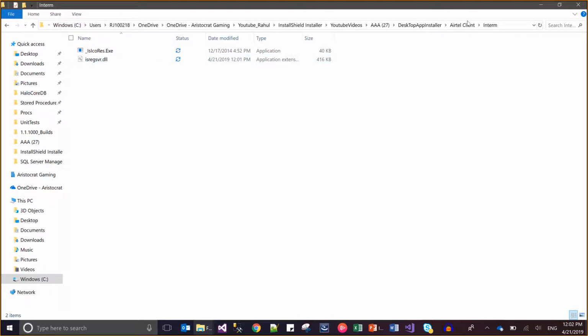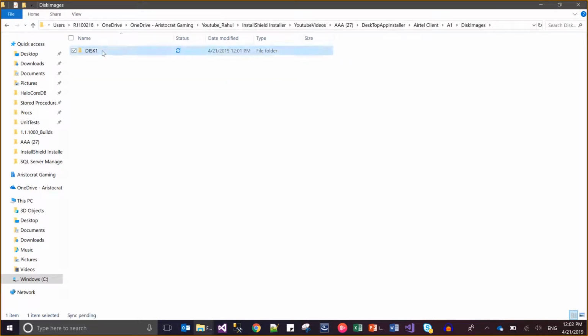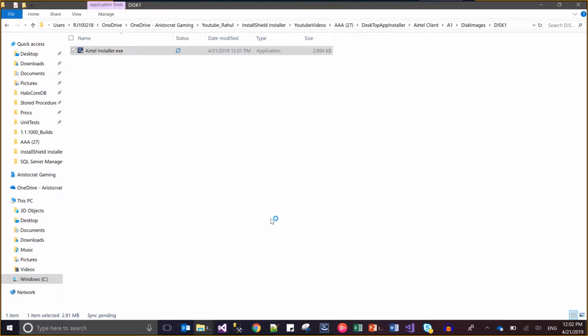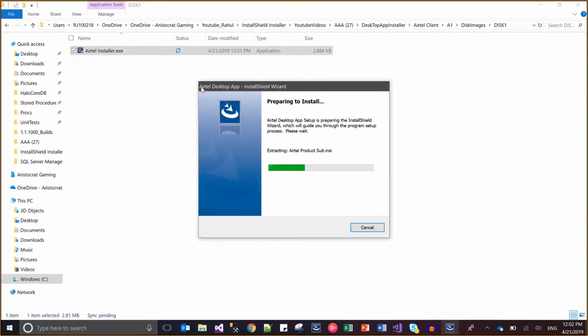No, so I will be having only this file, right? I will be just installing it, so you know that it will prompt, see Airtel desktop app, and the name